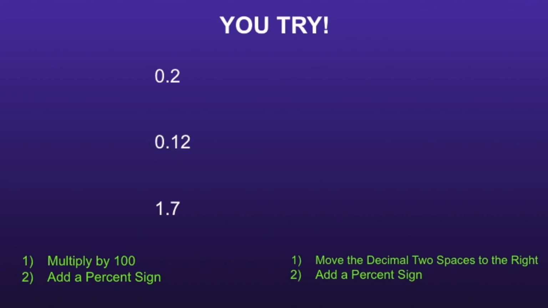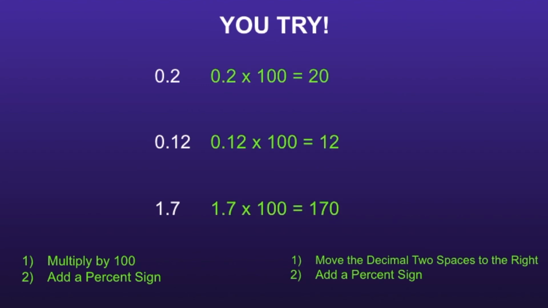I'm going to use method number 1 to convert these decimals to percents. Step 1 is to multiply by 100. Step 2 is to add a percent sign. 0.2 is equal to 20%. 0.12 is equal to 12%. 1.7 is equal to